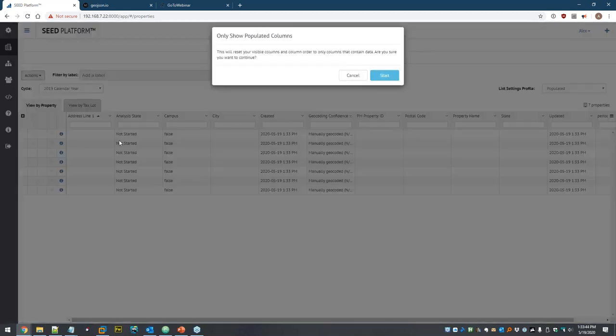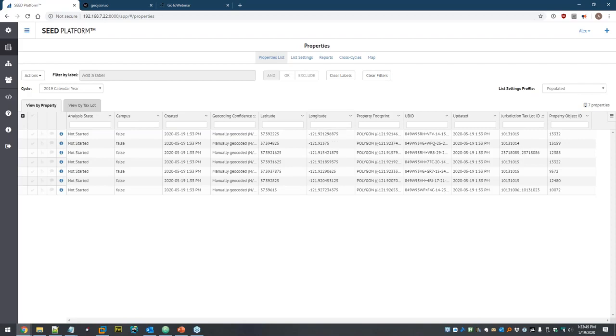All right, I'm going to show the populated columns again. Great. So now it still looks exactly the same as it did in the spreadsheet, but one of the cool features of Seed, because it understands what these polygons are, you can hover over them and get a preview of what that polygon looks like. And these can be pretty complicated polygons, including concave, convex, donuts, anything that can be represented in the WKT format. And if we go to the map view,